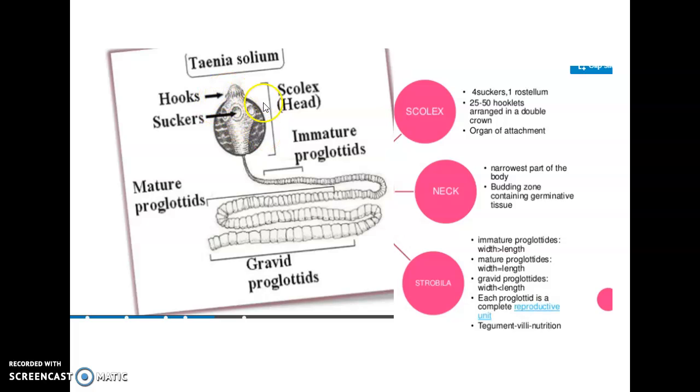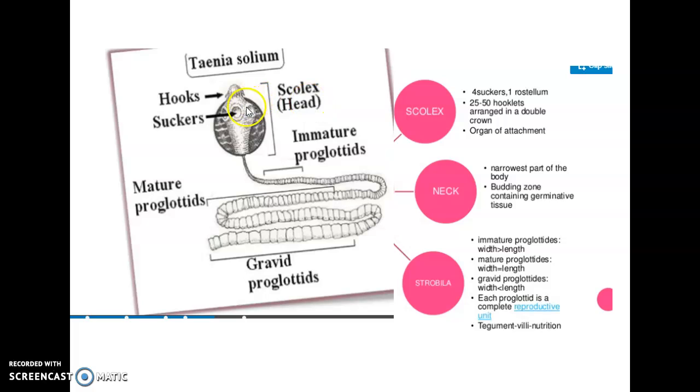The scolex, the anterior region, is generally composed of four suckers: one, two, three, and another on the other side. Then there are 25 to 50 hooklets, arranged in double cones. These are called the hooklets, 25 to 50 in number, arranged like a double rounded crown. What is peculiar about this scolex is that it